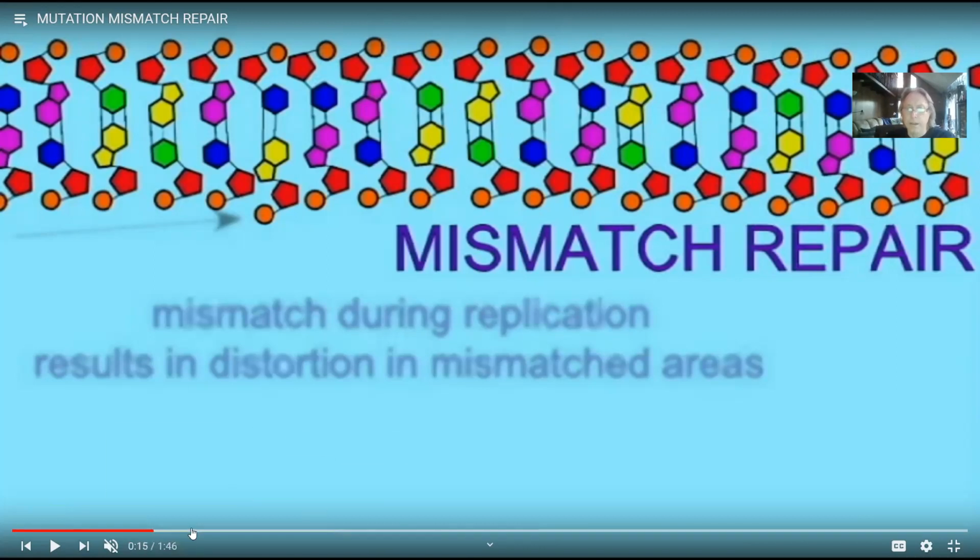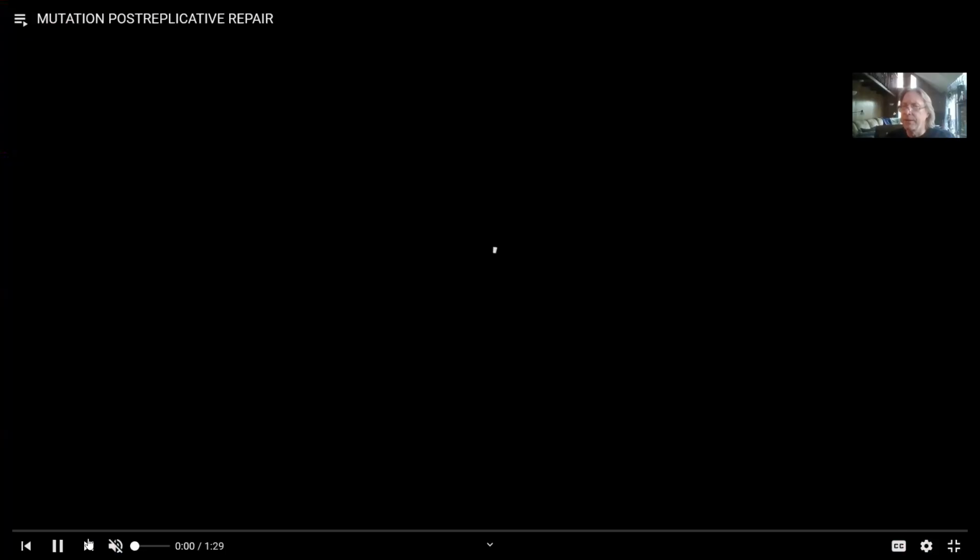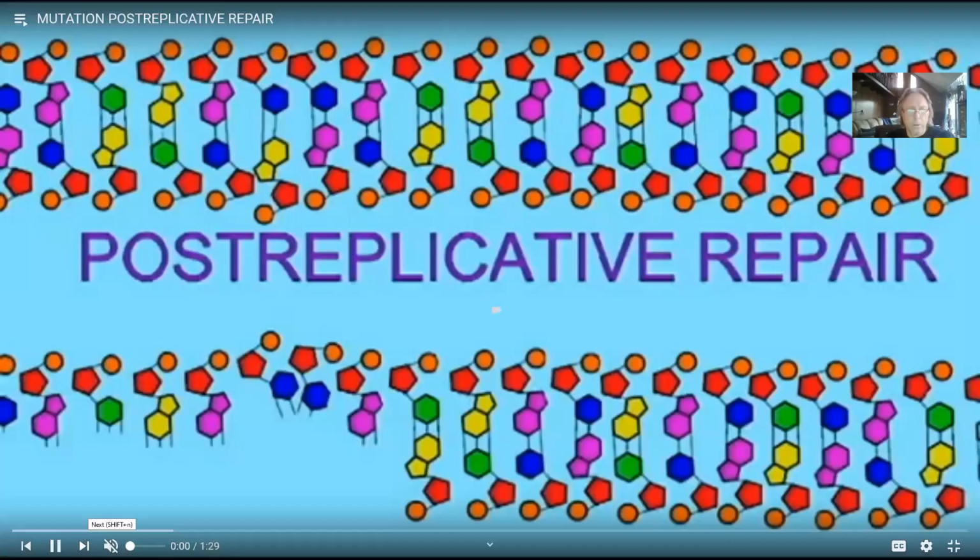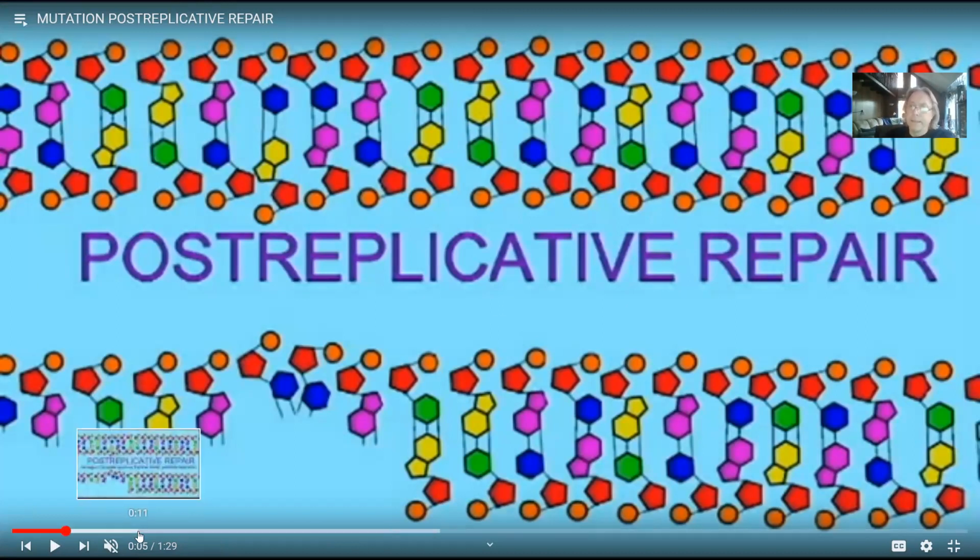So this is important. 99% of our mutation repair is this, and once again, that may be the reason that we don't use uracil in DNA, because then cytosines which became uracils, you couldn't distinguish between the original strand and the following strand. The most complex of the mutation repairs would be